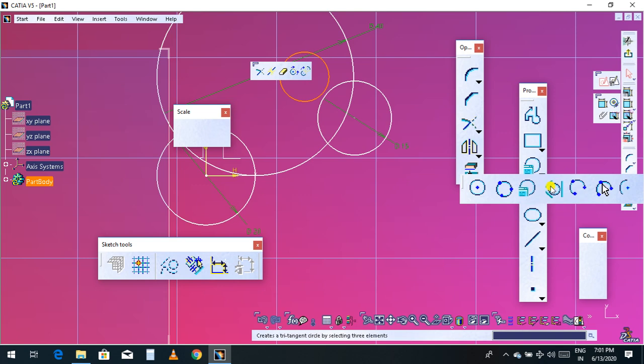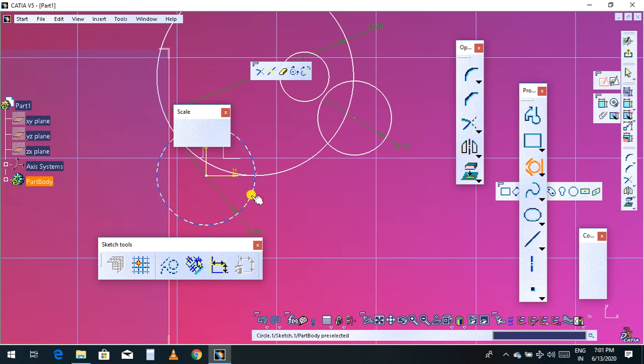Now another one I have, this one, tritangent circle. So I'll select this one. Here I will make some lines, and there are 3 lines. So I will touch this line, and I will make one tangent circle. So click this line, this line, and the last one this line. So it will be tangent to all 3 lines.